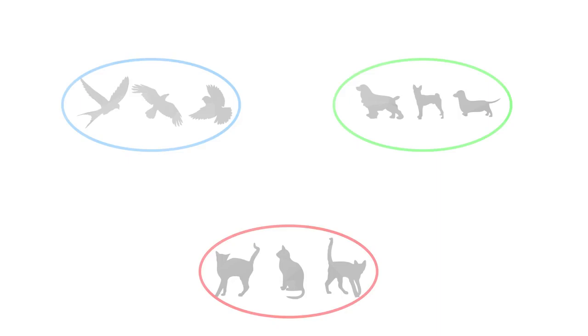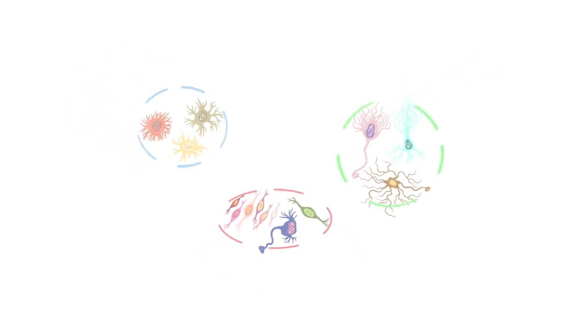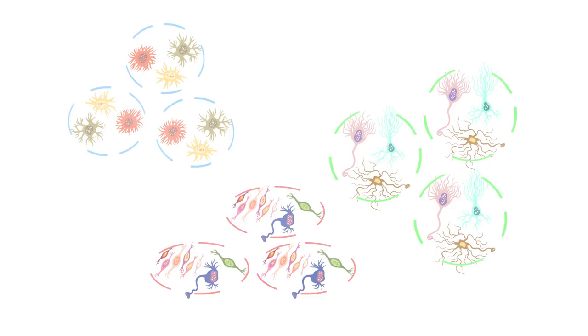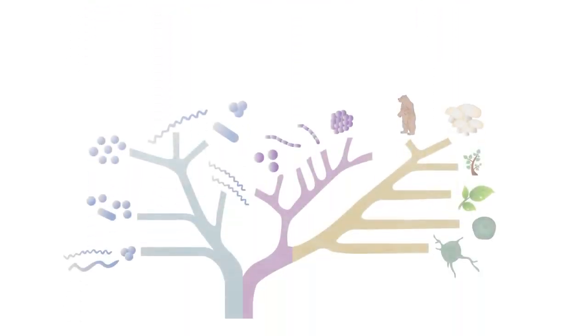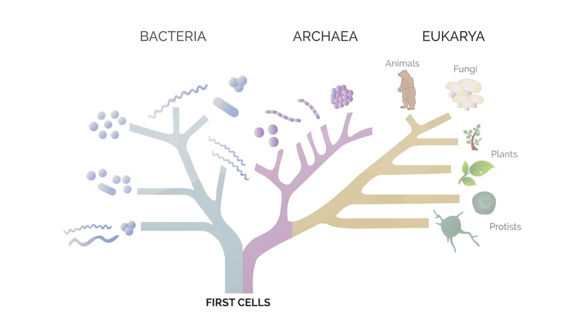Classifying anything simply means to put it into a group. In terms of biological classification, organisms are classified or grouped with other organisms that they are most closely related to. These small groups are then classified together into larger groups, and so on, until we reach the top level of classification, which places organisms in one of three biological domains: archaea, bacteria, and eukarya. When each organism is classified in this way, it allows scientists to see the relationships between different species and make sense of a hugely diverse array of life.